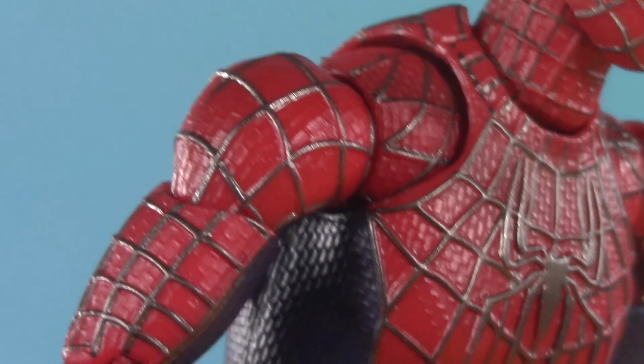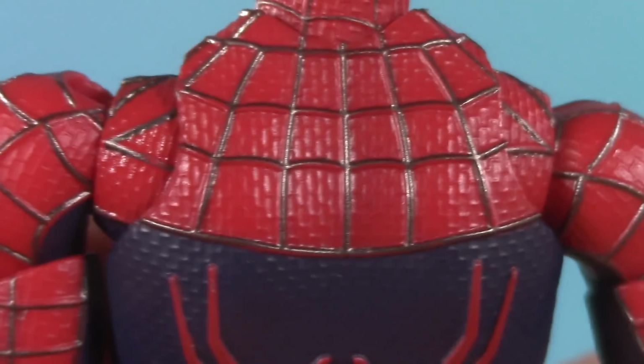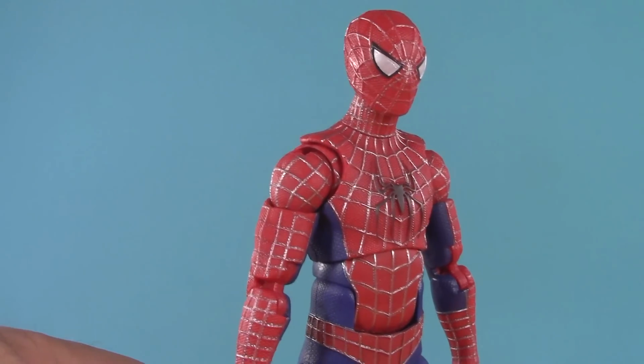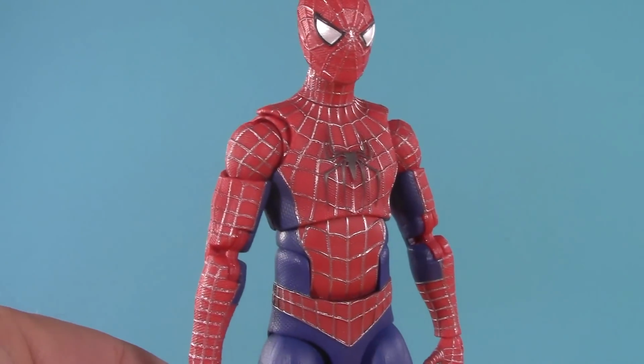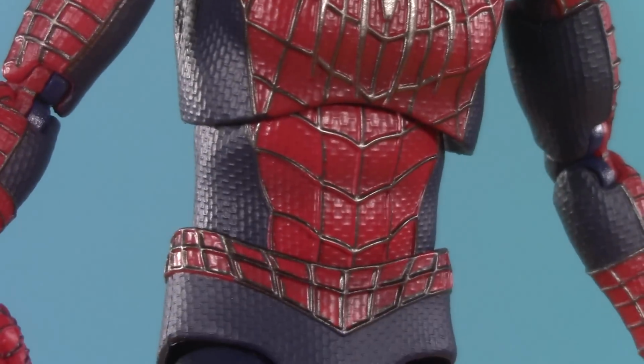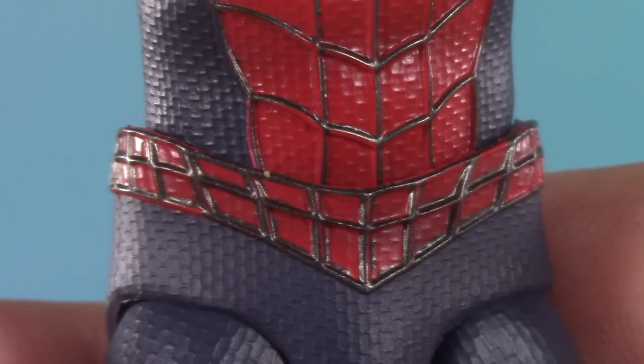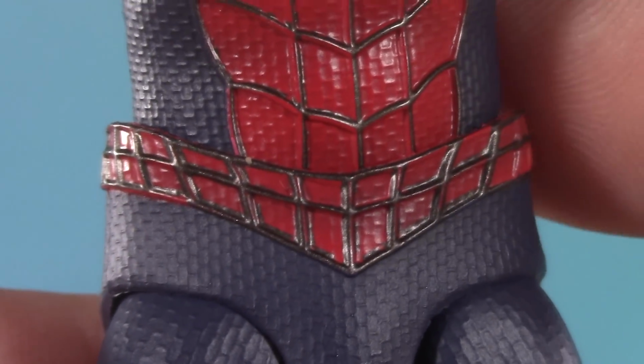The web lines have been wonderfully sculpted and painted, and I'm really happy that they went with the movie-accurate gunmetal gray as opposed to the bright silver of the Marvel Legends. The shininess makes it hard to see, but there is actually shading in the muscles, and all that screen-accurate texture is just spot on. And while I might not love all the joints, I do really appreciate that they made